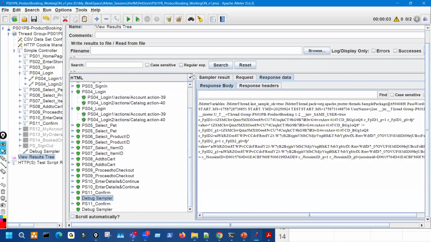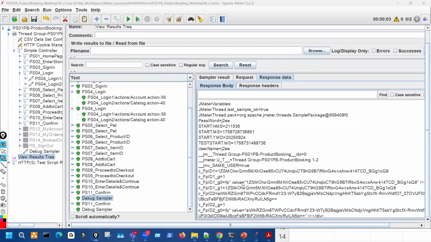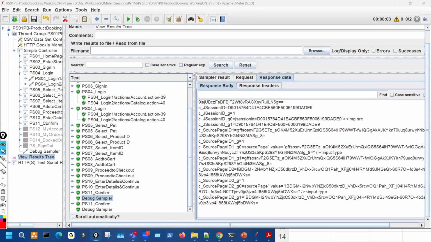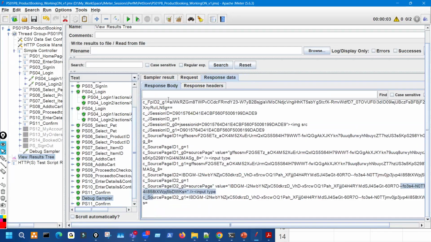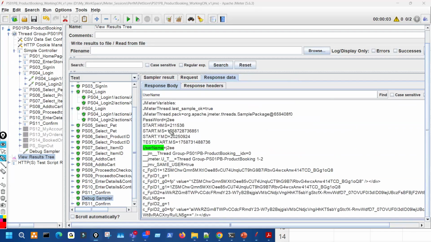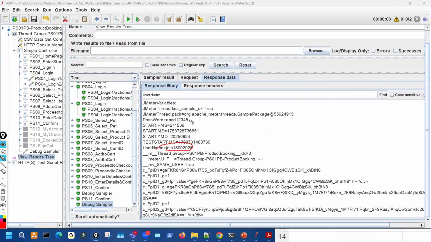You can go and check, change the mode, TXT mode. And so all values for the second user. Here you can see username, password. Username is J2W and password. Then this debug sampler is for the first user and what values have been picked for him. So through debug sampler also you can check,